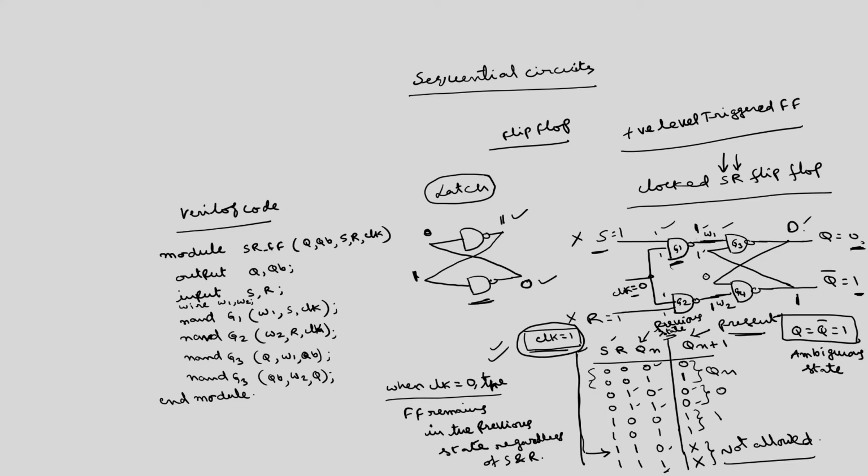Later we are going to discuss the test bench. There I will write about when this output will change. We have to use the always statement, always at positive edge or positive level of clock, the output will change. Before going into the details of Verilog, I will first discuss the different types of flip flops. I will review these flip flops, and after that I will go back to these Verilog codes. So, now the problem with SR flip flop is that one condition is not allowed. To avoid this, we will use JK flip flop.